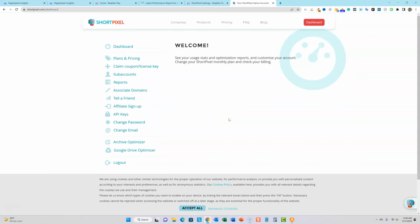What I think happened was I've been using the free version of this, and it optimizes 100 or less images per month for me. I've had this on here for a long time, so most of the images were optimized on the site, compressed down, right? In an effort to remove plugins, for whatever reason I wasn't thinking, I actually removed Short Pixel earlier. Of course, that's going to slow the website down as well, because all my images are no longer going to be compressed on the site. So that's something that could have been bringing it down,